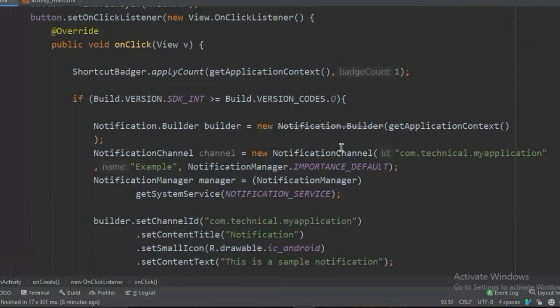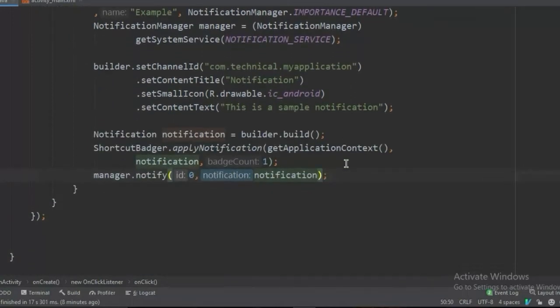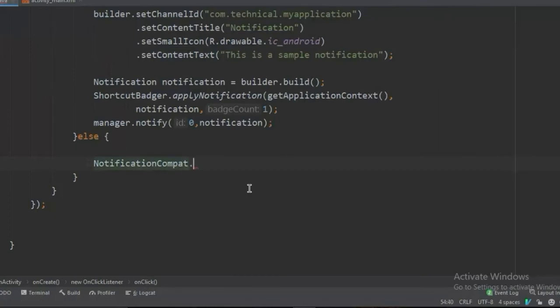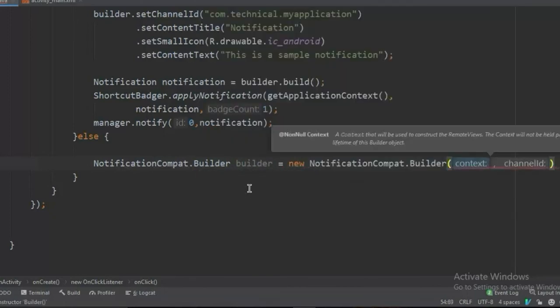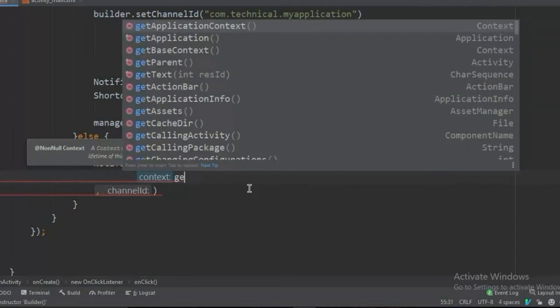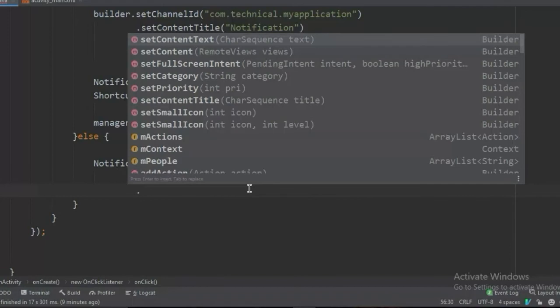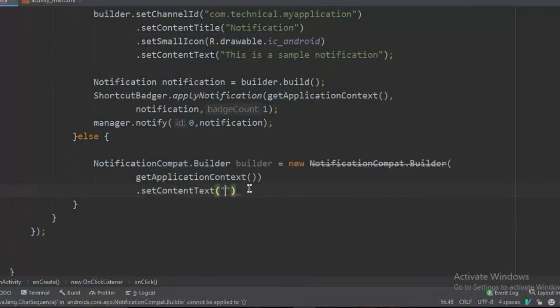What if our user has a Xiaomi device with a version less than Android Oreo? For that we have to create an else statement. And in here we'll write NotificationCompat.Builder, I'm going to call it builder, is equal to new NotificationCompat.Builder, and we'll pass our application context, dot setContentText. Just like before, "This is a sample notification".